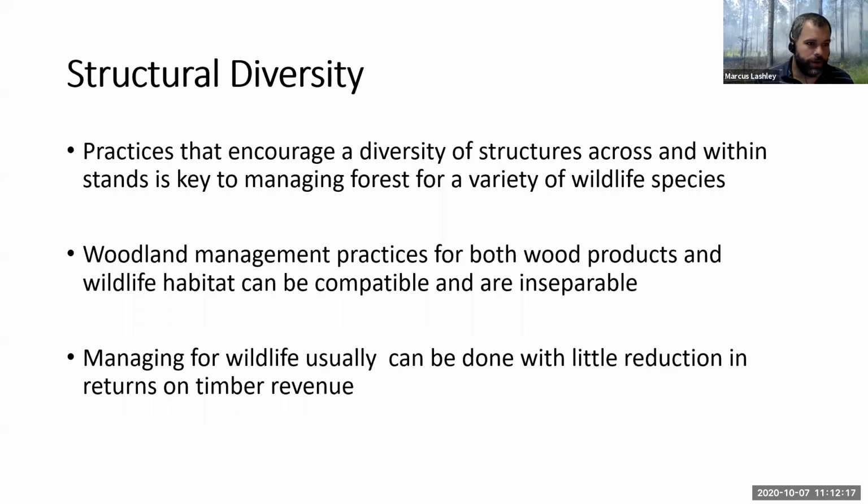So when we're thinking about managing forests for wildlife, this key component of our thought process is structure. So if you've already watched the other lecture where David talked about succession, you'll understand that changes in structure through time, through vegetative succession, can affect which species are associated with it. A diversity of structural characteristics within a forest. In other words, if you have several stands that are managed in different ways and you have different structures, that often provides the best